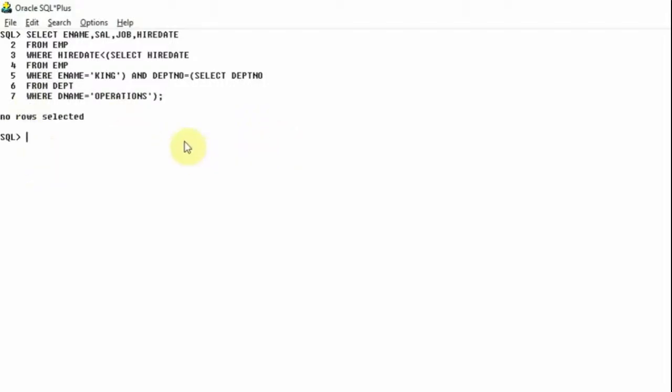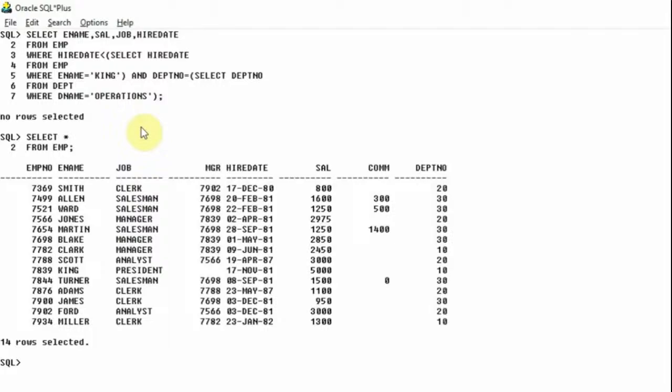And the answer is no rows selected because all these conditions are not satisfied by anyone. So if you want to cross check, I will just select star from emp, select star from dept. Now I'll just compare all those things where hire date is less than hire date of King. So okay, let me just first find out the second subquery, that is department number equal to department number